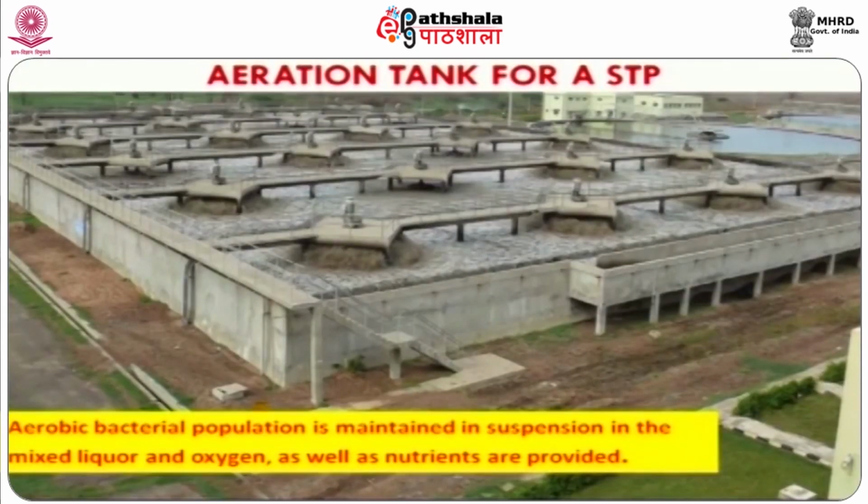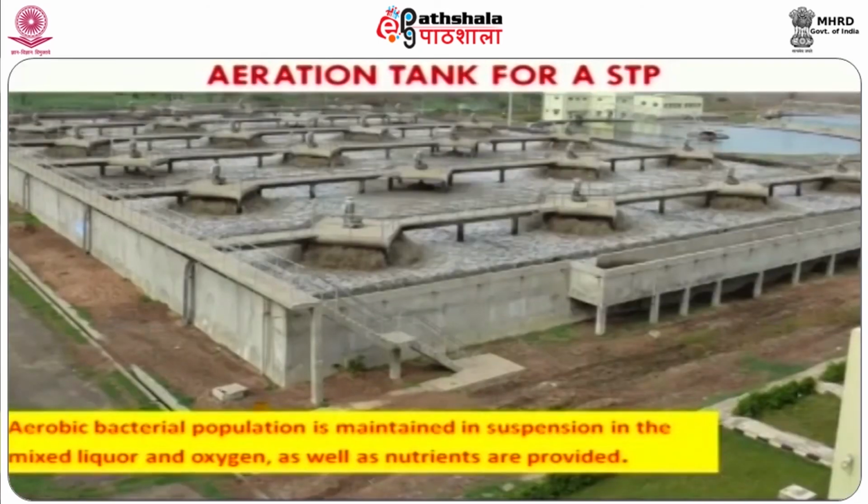Another important aspect while designing the activated sludge scheme is the aeration facility. Aeration can be achieved with the aid of a diffuser mechanism, or it can be attained with the aid of mechanical agitation. In mechanical agitation, we are spreading water into a larger area with the help of a mechanical agitator. By spreading water into a larger area, we are creating tiny liquid droplets. The mass transfer rate is related to the surface area of the droplets. As the droplet size decreases, surface area increases, and ultimately that influences the mass transfer rate. So, atmospheric oxygen present in air will try to diffuse into the liquid layer through the interface.